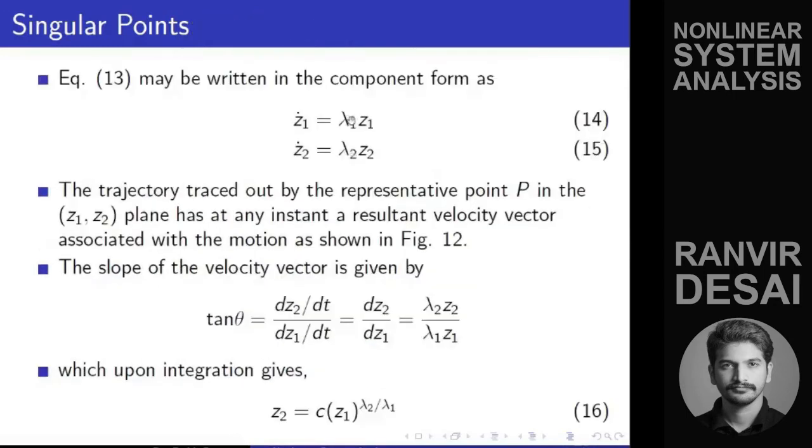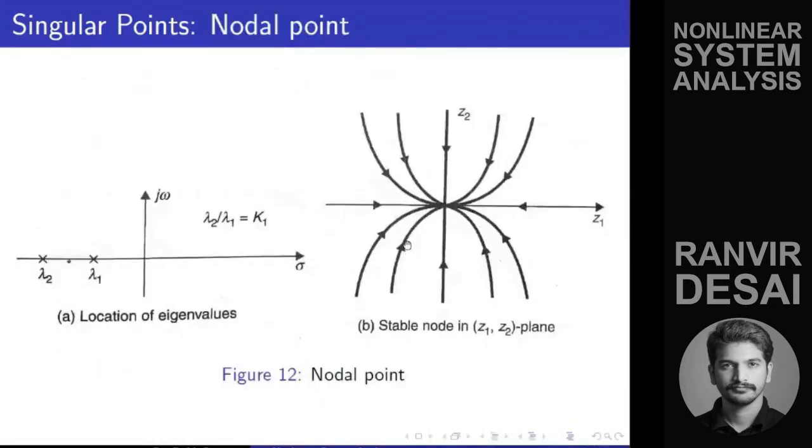If both of these lambda 1 and lambda 2 are positive, they will not decrease at all. They will always increase. So if I'm starting at this point, it will go outward. So all these arrows you draw outward for the second figure. Second is unstable nodal point. In that case also, all the trajectories starting at z1 and z2 0 0 are going towards infinity. So that starting point is called an unstable nodal point.